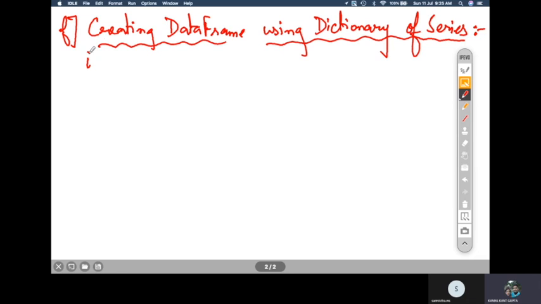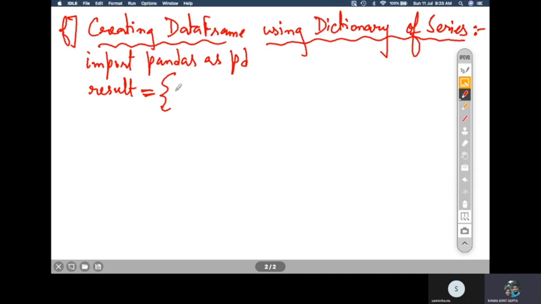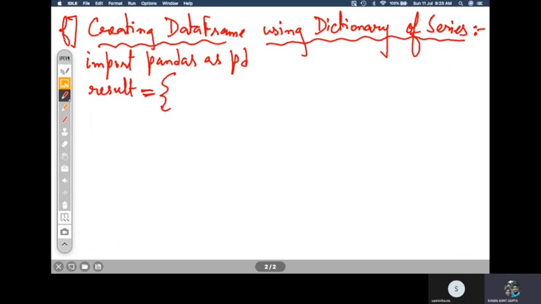So import pandas as pd, and then result is equal to, here we have to start a dictionary, and the keys will be the names of the students whose results we want to generate, or maybe their roll numbers, and the values will be the series.